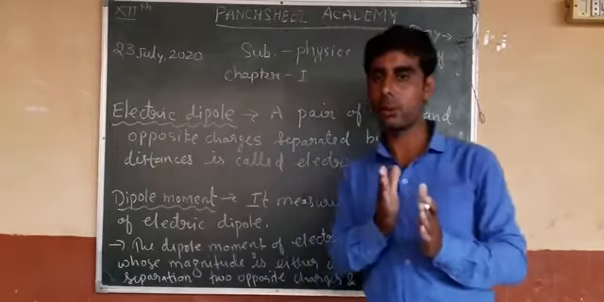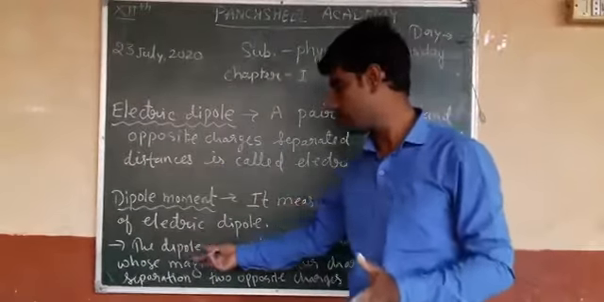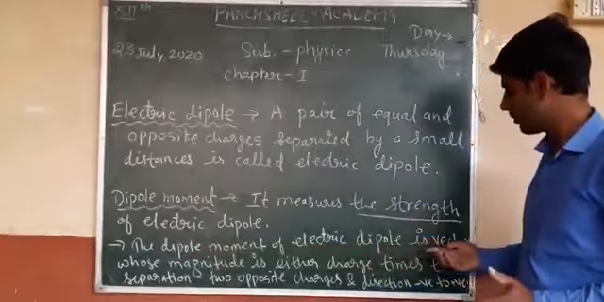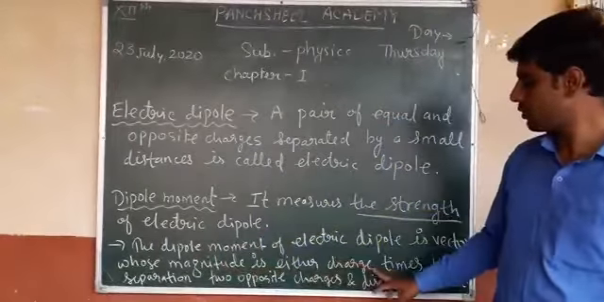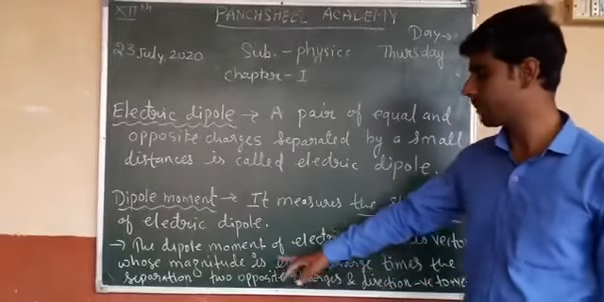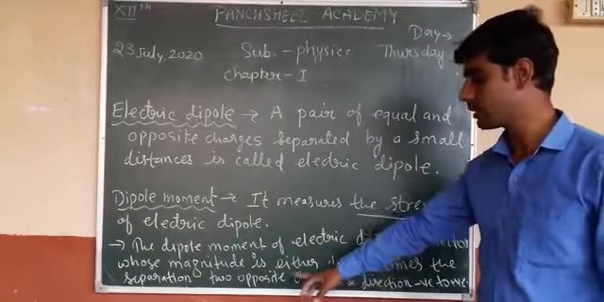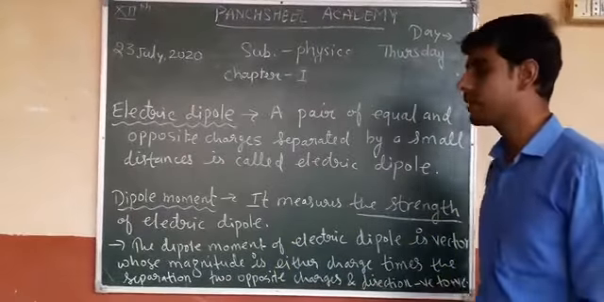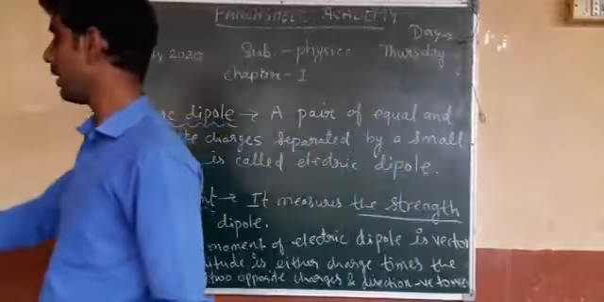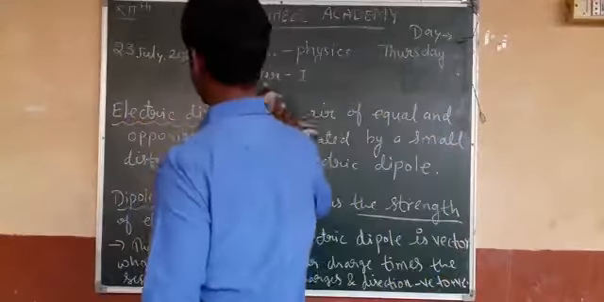And what is the electric dipole moment? It is a vector whose magnitude is either charge times the separation between the two opposite charges, and whose direction is from negative to positive. Okay, suppose